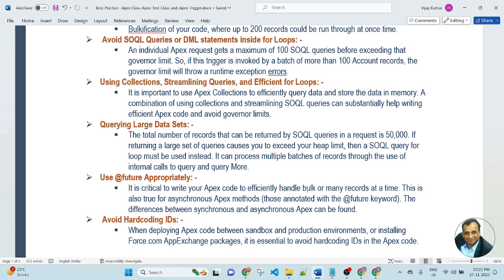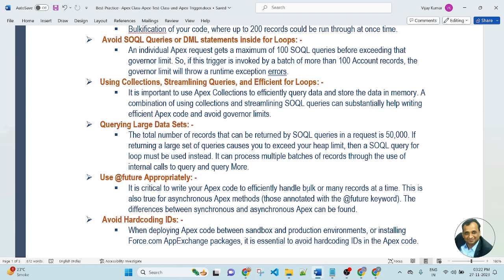The total number of records that can be returned by SQL query in a request is 50,000. If returning a large set of records causes you to exceed your heap limit, then a SQL query for loop must be used instead. It can process multiple batches of records through the internal call to query and query more.